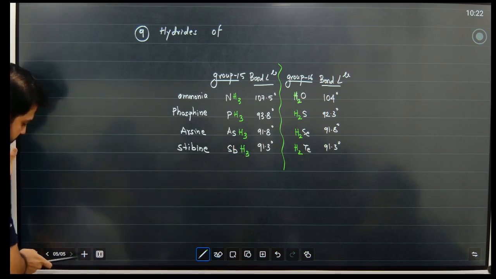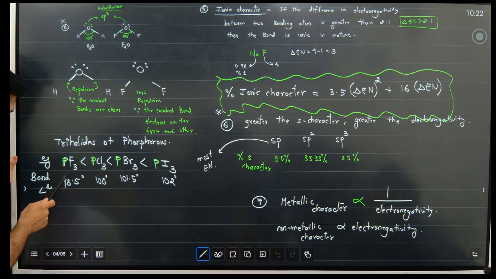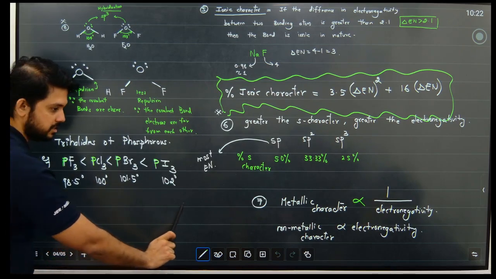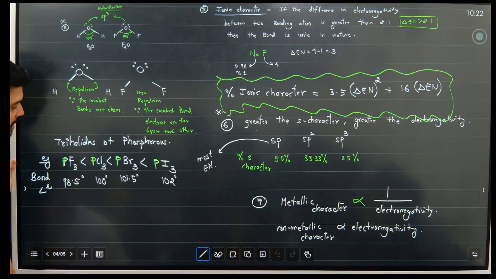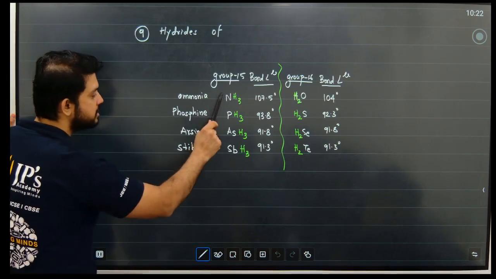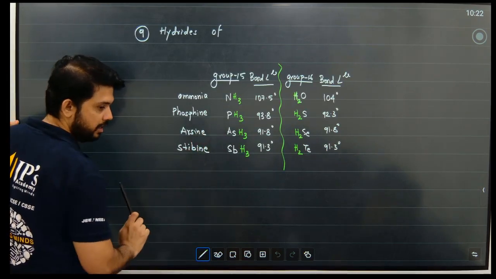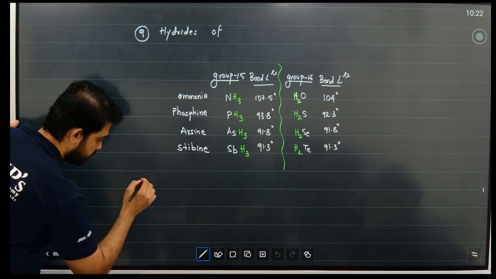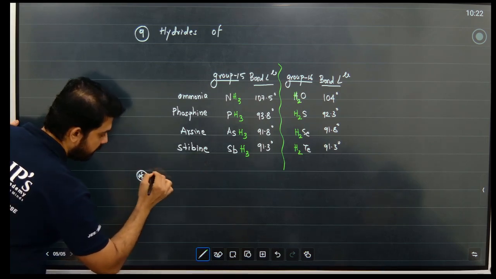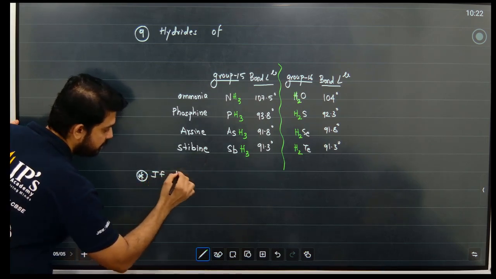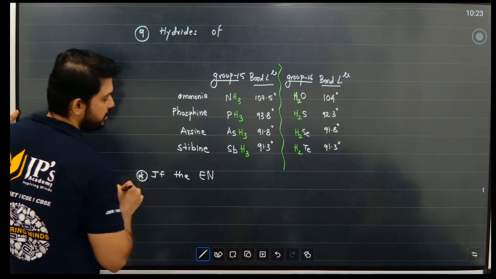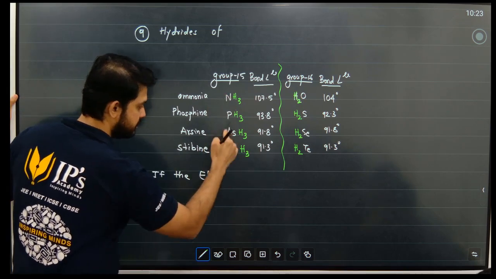What did we study here? If the electronegativity of the side atom decreases, bond angle increases. If the electronegativity of the central atom decreases, bond angle decreases. I'll write that point again. I'm not writing the full word electronegativity, I'm just writing EN. If the electronegativity of the central atom